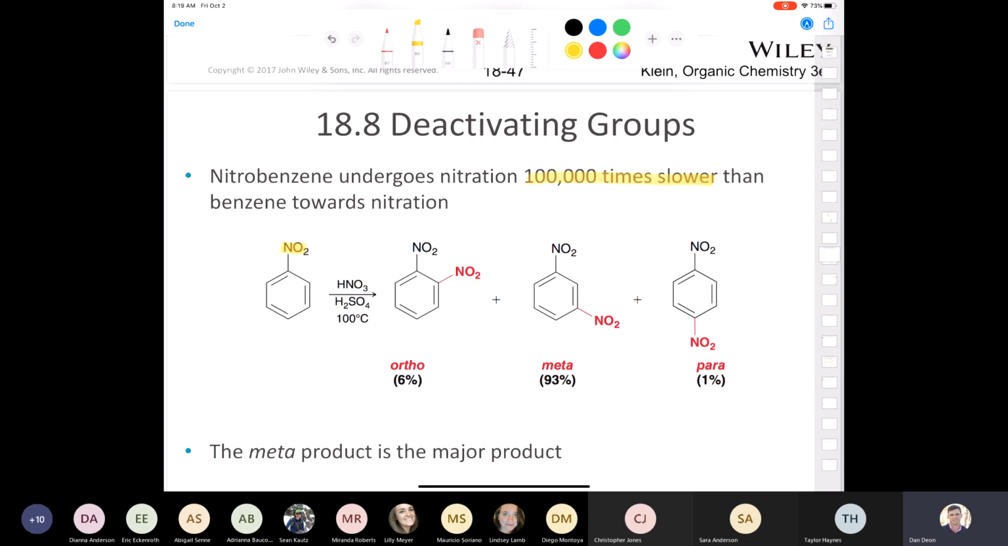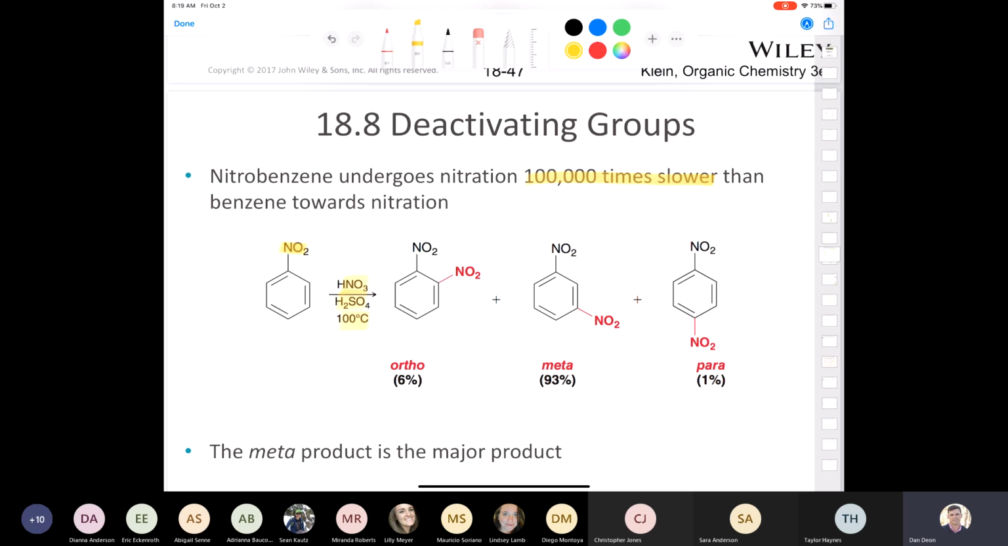It's going to be much more difficult to substitute rings that have deactivating groups on them. In fact, if we want to do the nitration, we treat it with nitric acid and sulfuric acid. We have to crank up the heat to 100 degrees Celsius. So that's the first thing. It's a lot slower. Now, I'll be honest with you guys, in organic chemistry, whether it's an ACS final or a DAT or an MCAT or a PCAT, whatever standardized exam, they're not going to be as concerned with the reaction rate, I don't think,